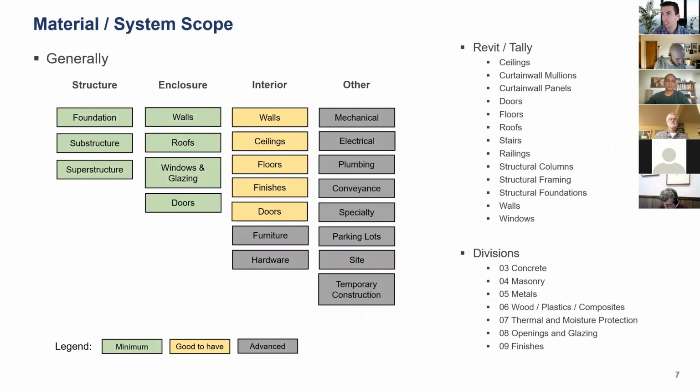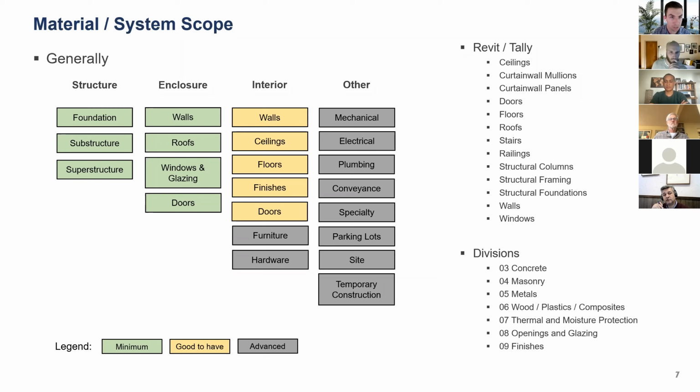And so that's it in terms of how LCA tools fit into the design process. Now let me talk about the scope and what typically is included in LCAs. Generally, at minimum here in green, we focus on the structure and enclosure systems. Structure really typically has the largest percentage of the embodied carbon impacts. So if you can actually reuse structure, you are avoiding a whole lot of embodied carbon right there.